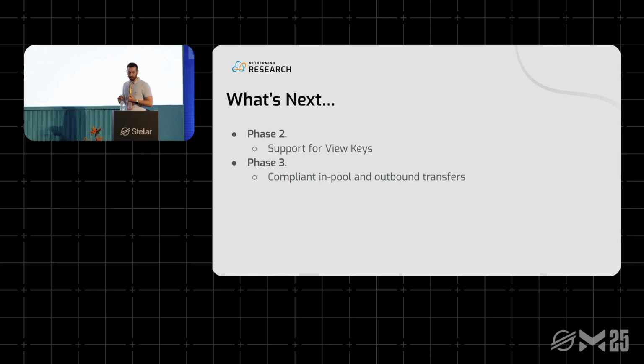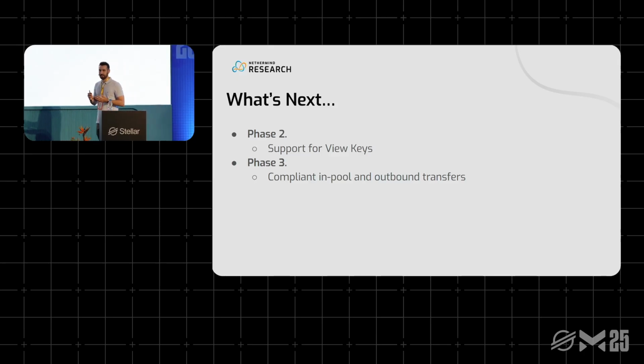Our phase two is going to support view keys, which are keys that can be partial, where you provide an auditor limited access to your information for a short period of time to see some transactions or some information from your account, or you can provide full view keys, where they get the full information for all of your account. And phase three is going to be compliant in-pool and outbound transfers. The problem we're going to have with phase one is that it's going to be